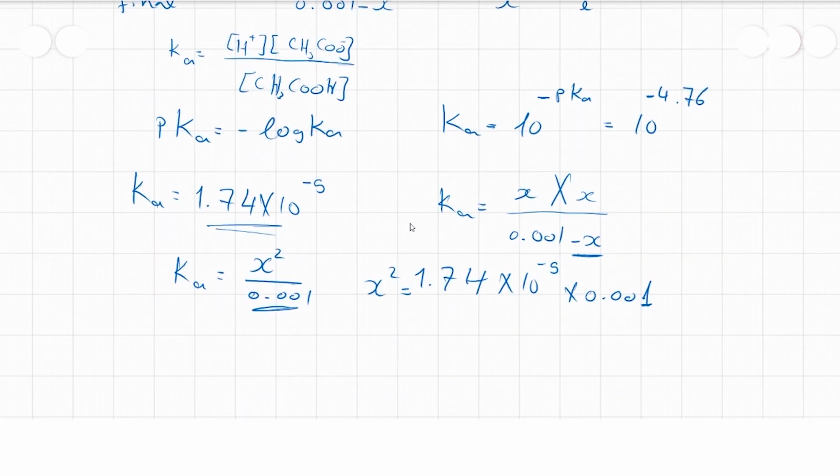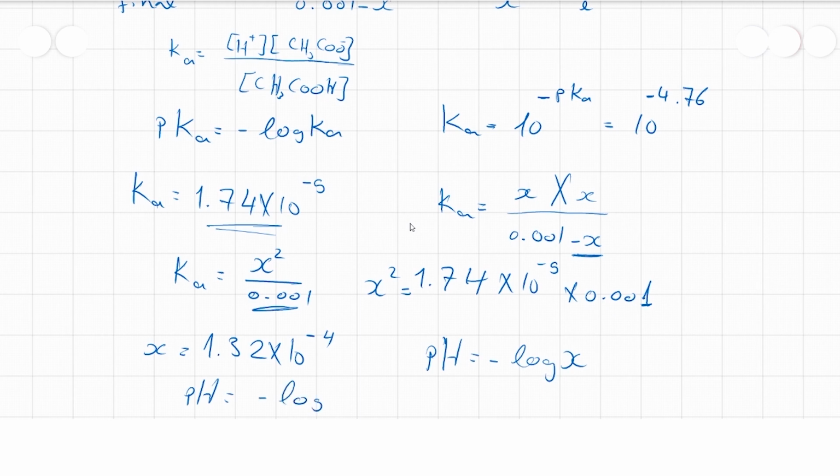If we take the square root of this formula, this will give me that X is equal to 1.32 multiplied by 10 to the power minus 4. Now I have that the pH value is equal to minus log X. This means the pH is equal to minus log of this value, 1.32 multiplied by 10 to the power minus 4, which is equal to